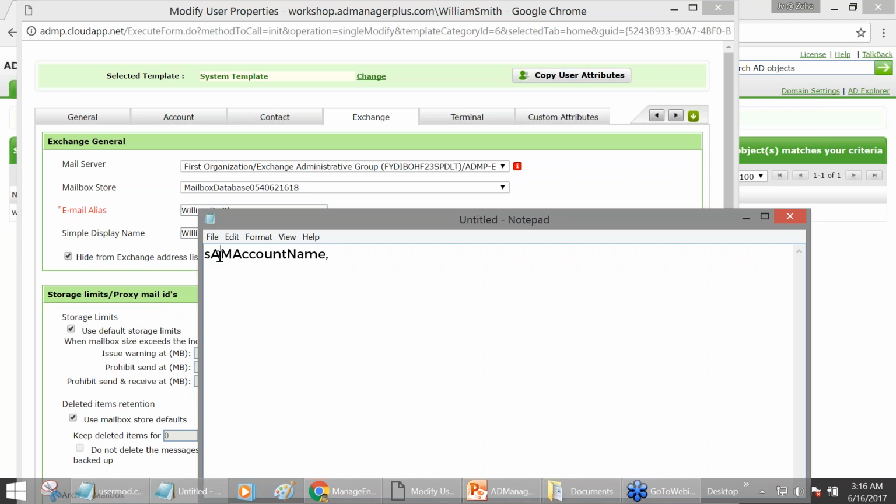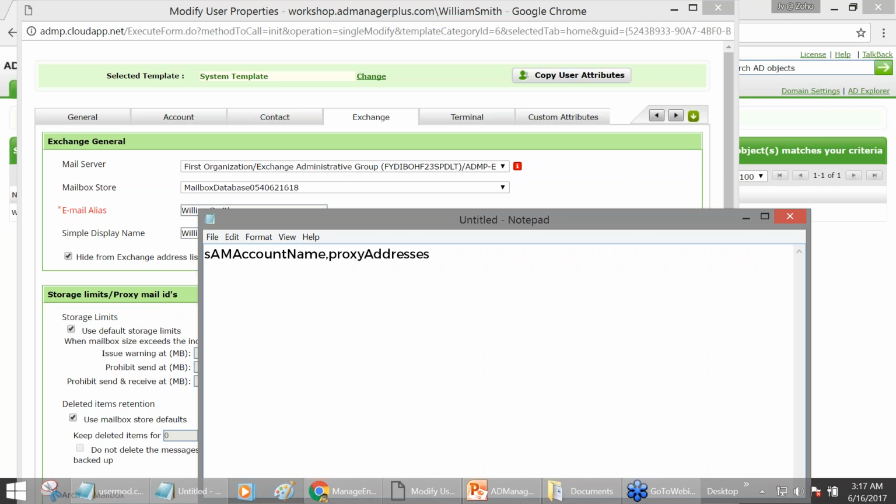S in lowercase, A in uppercase. So this has to be strictly followed for this to work. And like I told you, you can make use of the lists that I showed a while back to get this format right. So we've got the SAM account name in the right casing, followed by the attribute that's got to be modified. The attribute is the SMTP address, and the corresponding attribute for SMTP address in LDAP is going to be proxy